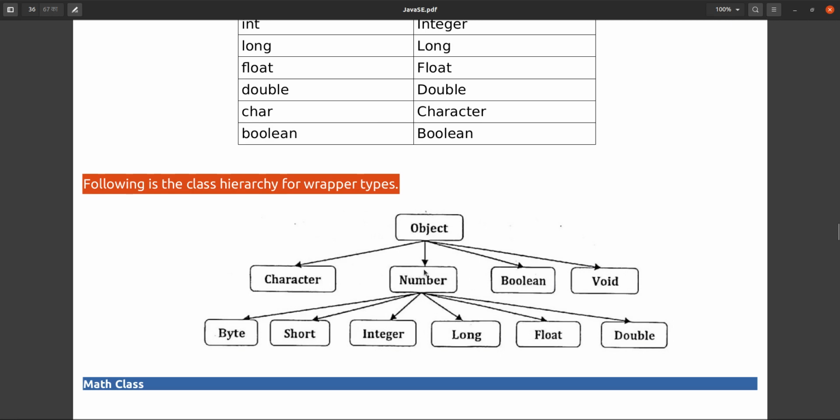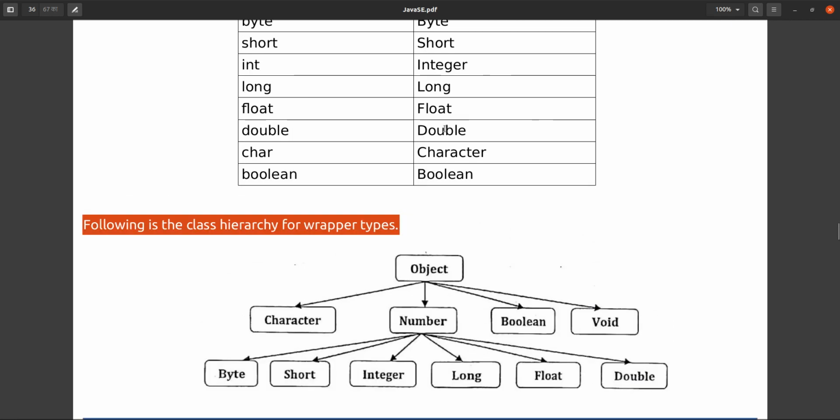Number is also a subclass of Object, and Number has 6 wrapper subclasses: Byte, Short, Integer, Long, Float, Double.